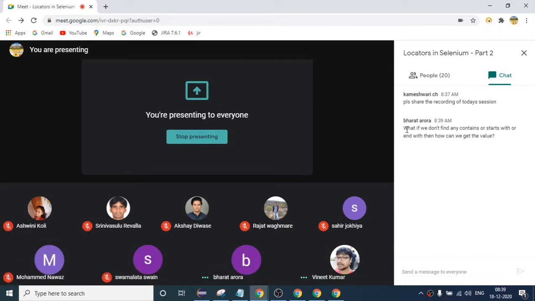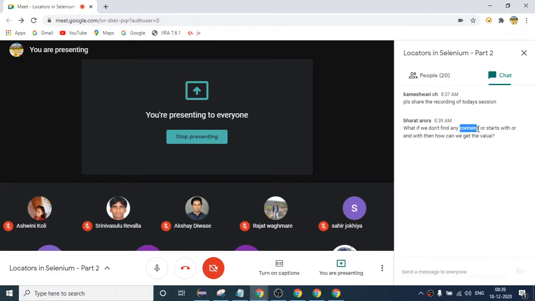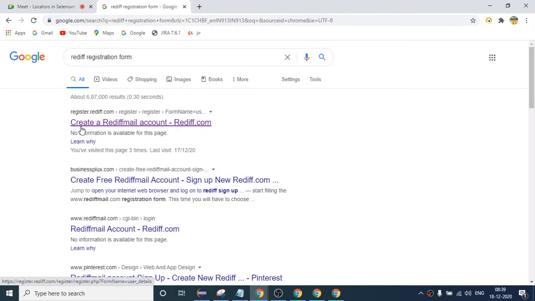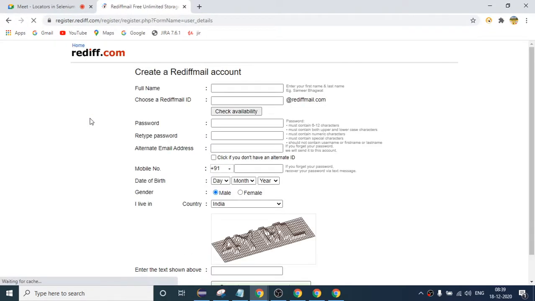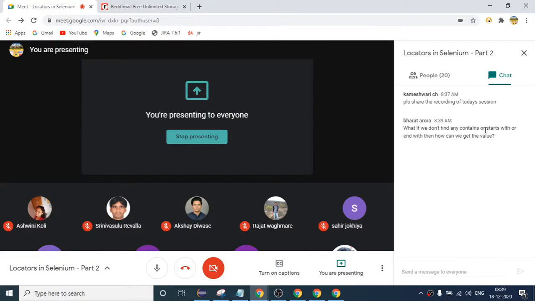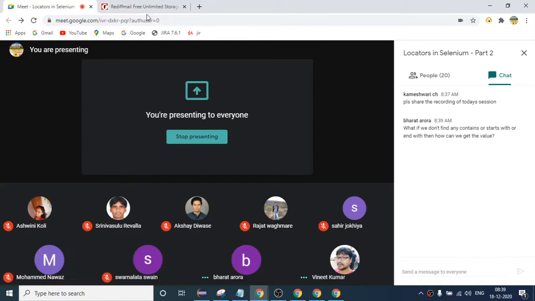What if we don't find any contains or starts with or ends with? See, we are using contains. If I come to this website again, what if we don't find any contains or starts with or ends with, then how can we get the value?